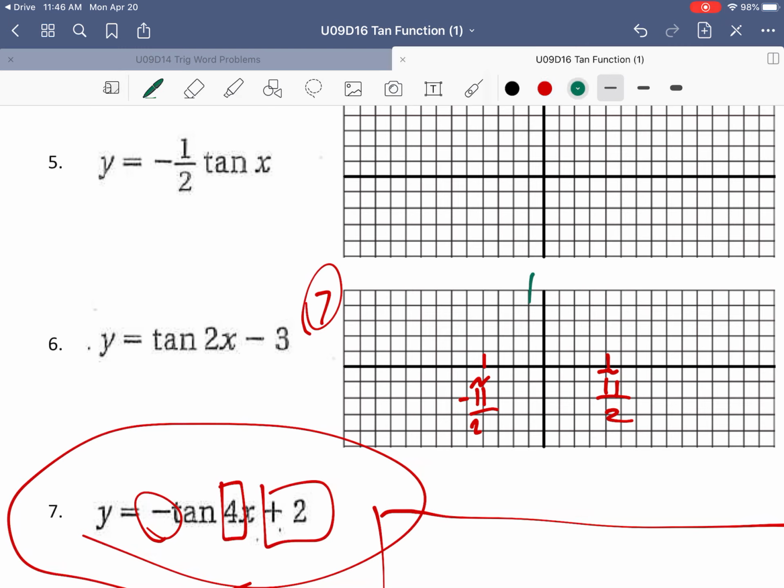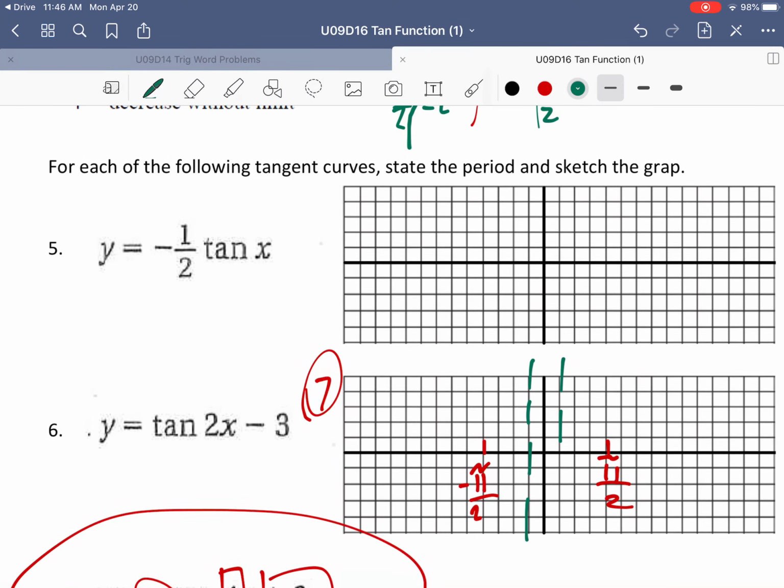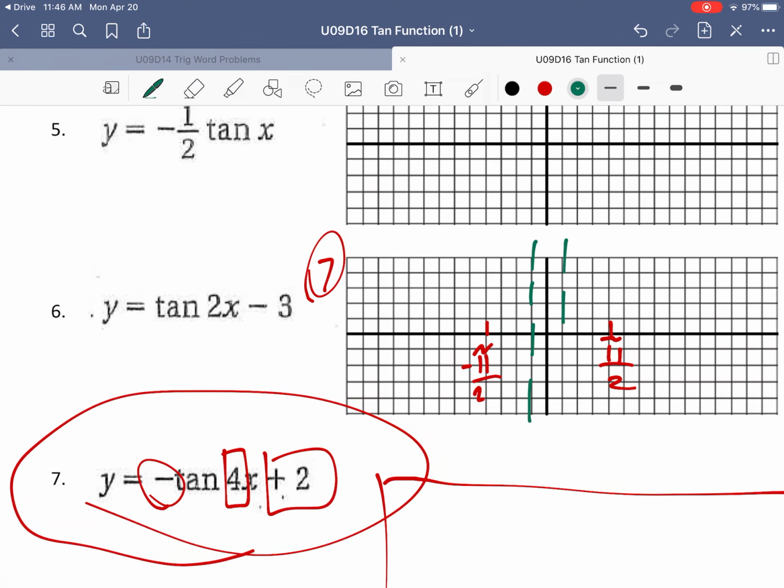So the first asymptote will actually occur here, a fourth of the way. And then that will continue over and over again. So these are going to be multiple asymptotes. So the first graph will occur,